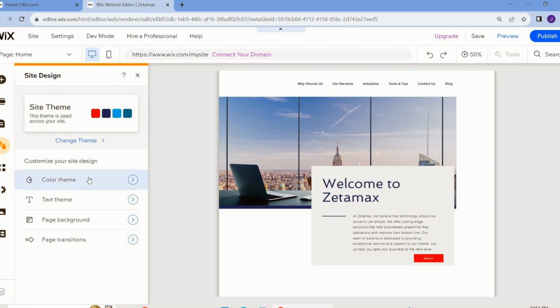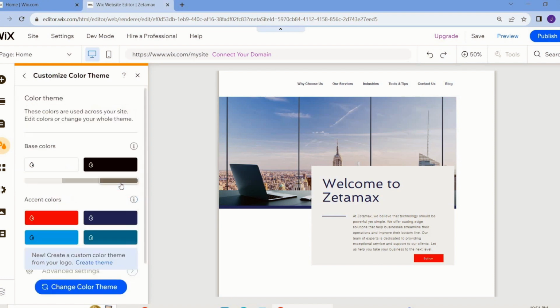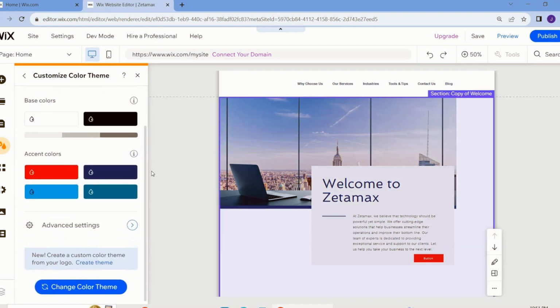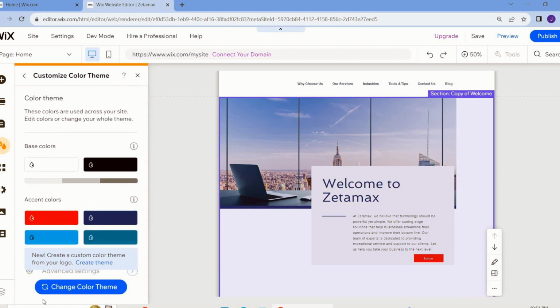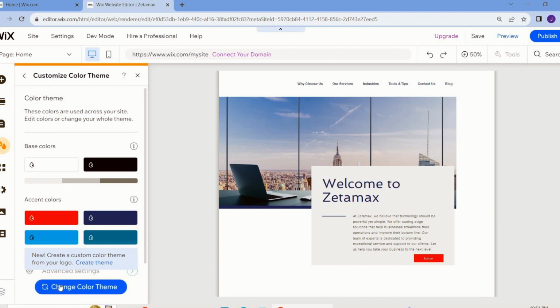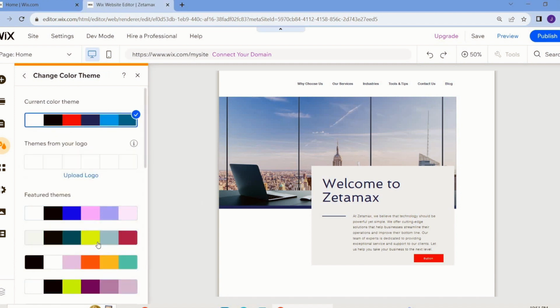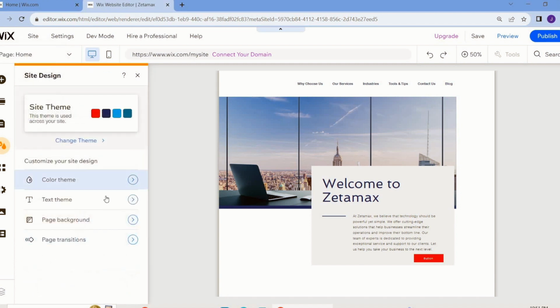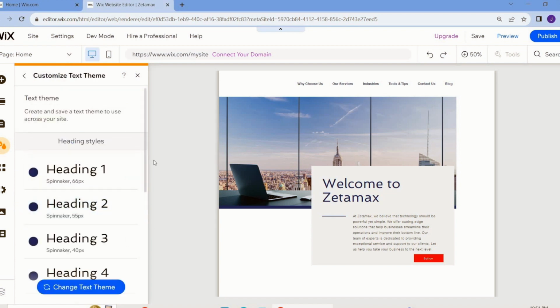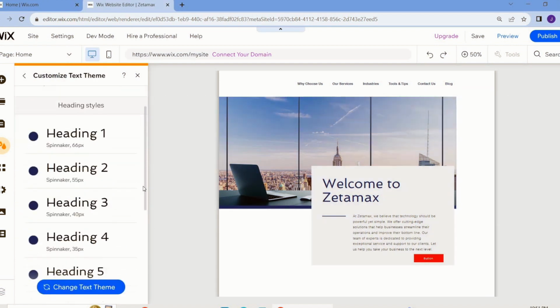Here you can customize your design, color theme. You can select your colors as per your choice. You can select your color theme by clicking these suggestions, and this is the text theme. You can select your text theme from here,